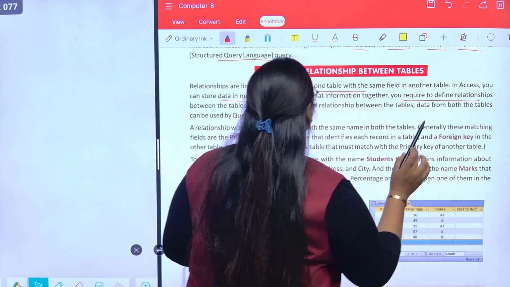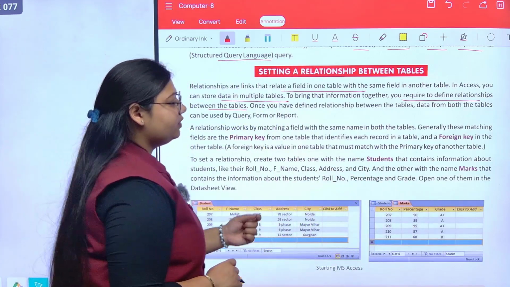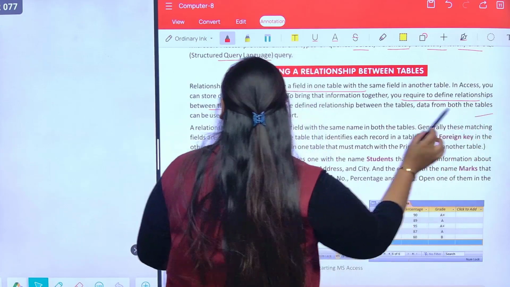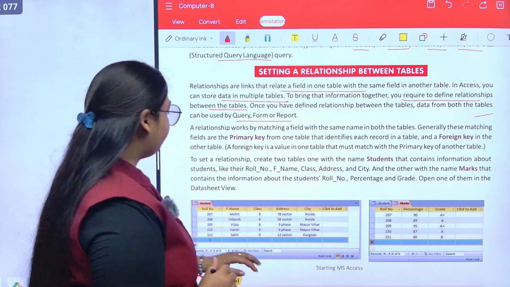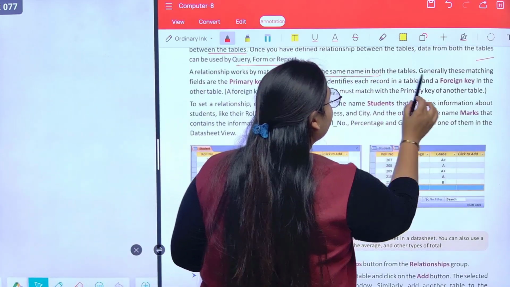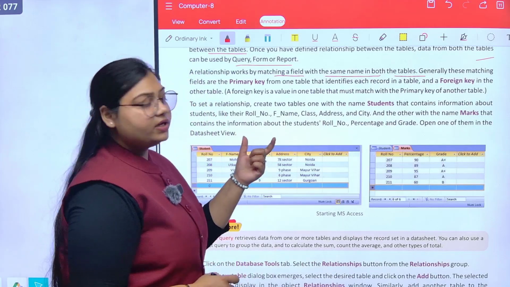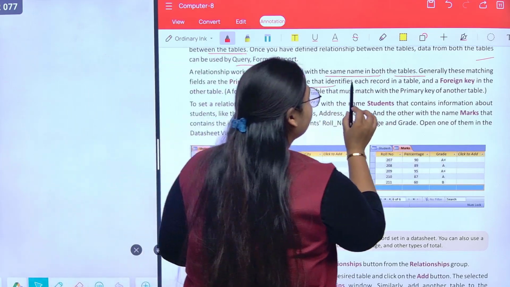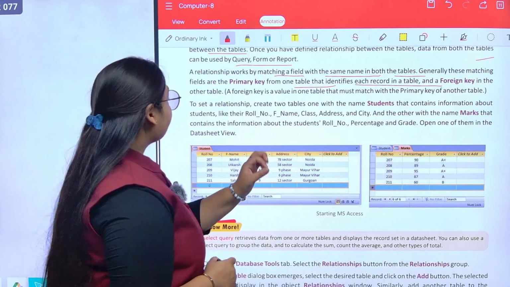you require to define relationships between the tables. Once you have defined relationships between the tables, data from both the tables can be used by a query, form, or report. A relationship works by matching a field with the same name in both the tables. Generally these matching fields are the primary key from one table, which indicates each record in a table, and a foreign key